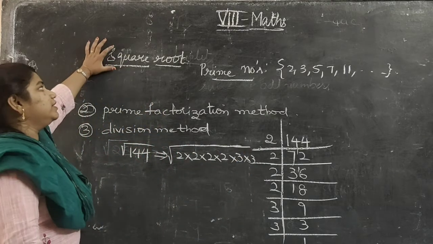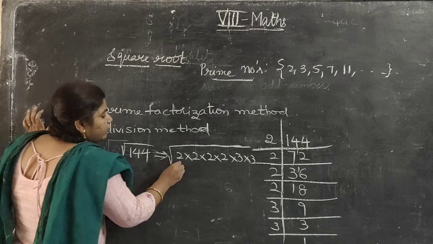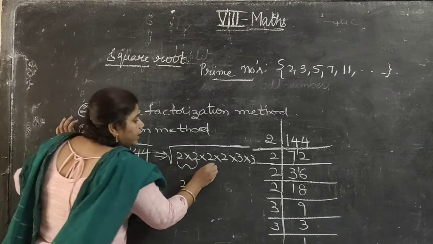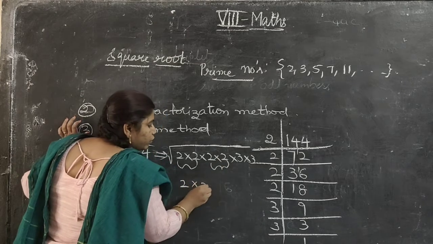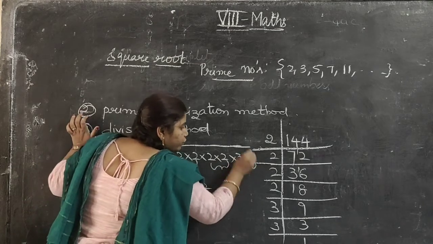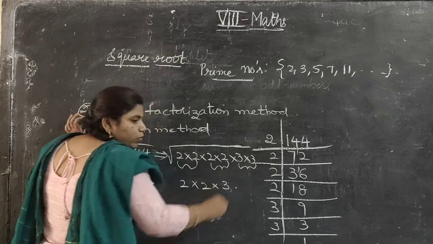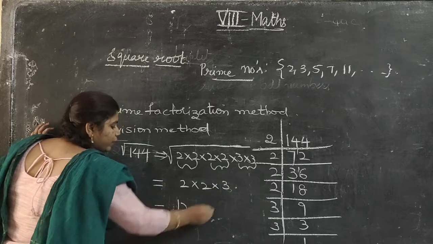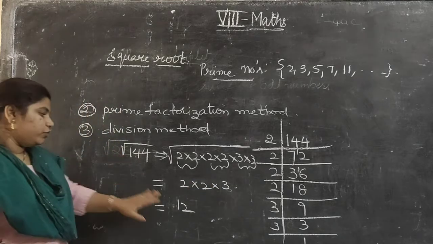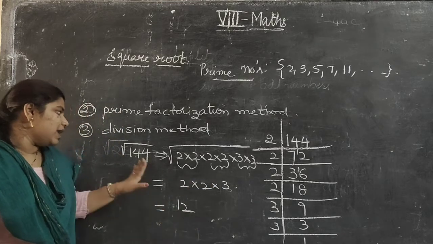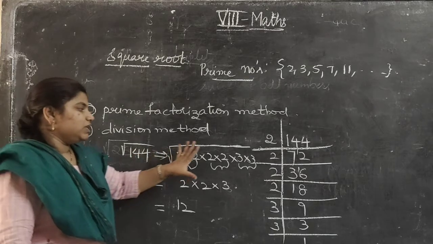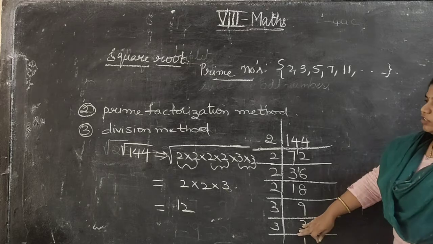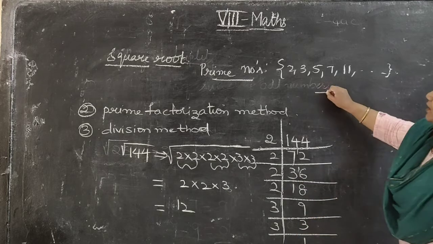So how to use the prime factorization? We are finding the square root here. Square root means for every two equal factors we will take only one factor. Again, for every two equal factors we take only one factor. Again, for every two equal factors we take only one factor. Now you multiply this. 2 twos are 4, 4 threes are 12. So what is the square root of 144 here? That is 12. 12 twelves are 144. So by using this, what do we call this method? That is prime factorization. One more example we will take here.